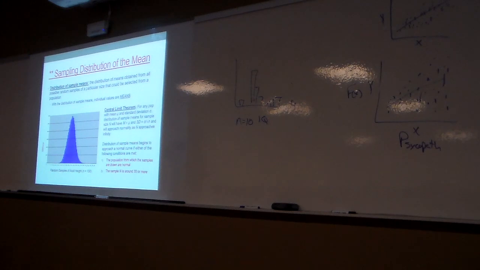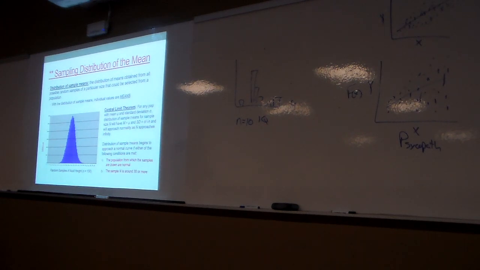Because from a theoretical standpoint, I'm still taking all possible samples of 20 that could be drawn with replacement from people in the U.S. So the mean of my distribution of sample means is still going to be equal to the mean of this distribution of sample means. It's just that the variability is going to be much wider, okay?